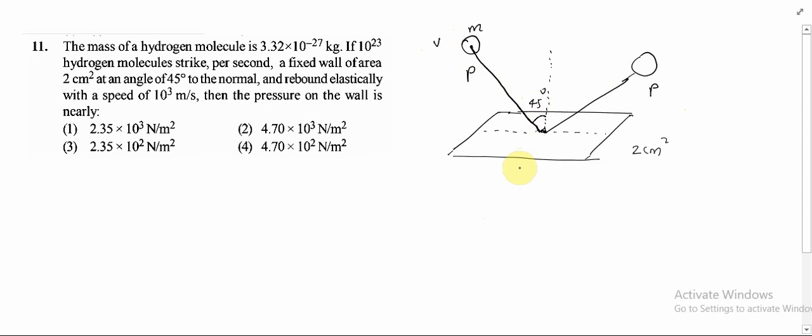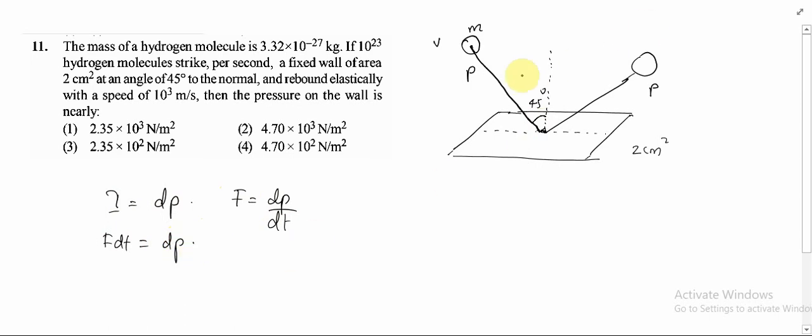Now it is said that the angle with the vertical is 45 degrees. Now we have to find the impulsive force on the plane. When this hydrogen molecule strikes this area, the force acts for a short period of time, so this is actually a kind of impulsive force. To find the impulsive force, it is equal to change in linear momentum. How did we get this? We know F is equal to dp by dt, so F into dt is the impulse, which will be equal to change in linear momentum.